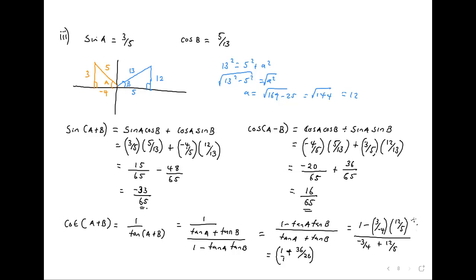So negative 4 multiplied by tan A, which is 4 over 3. Right. Divided by tan A, which is negative 4. That is 1 minus 1 plus 30. So 20 is over there. Will give us